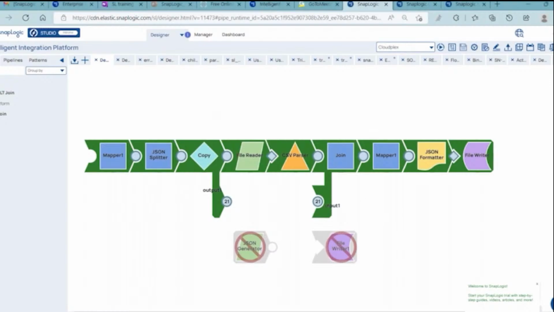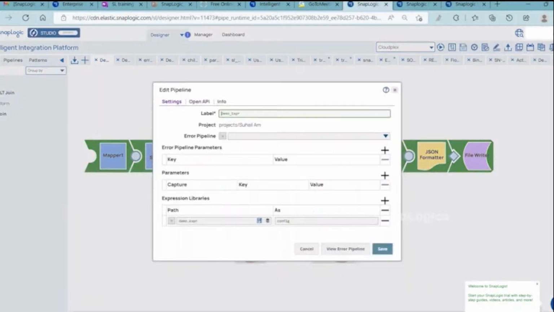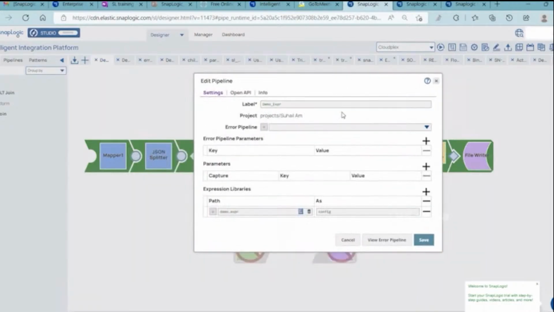But when we are moving the pipeline from dev to QA, every time I have to select the QA account manually when I'm deploying it in QA, and when I'm deploying it in production, I have to choose manually which account to use. Right, we need to. One way is that when we are selecting accounts, that is one way. Another way, if we do not want to do any modifications in production once deployed,